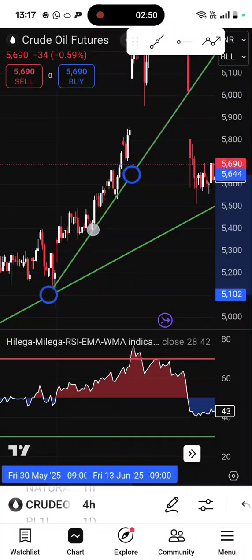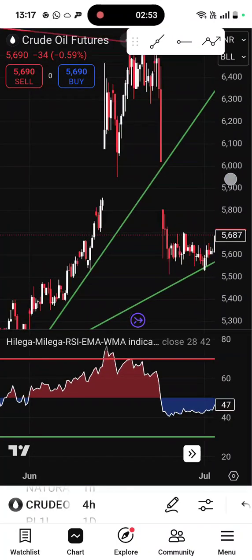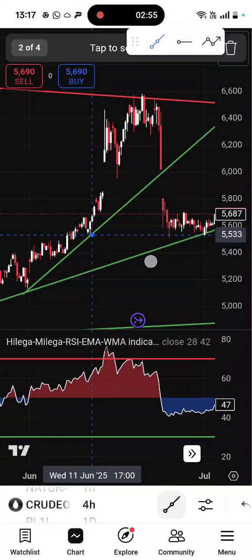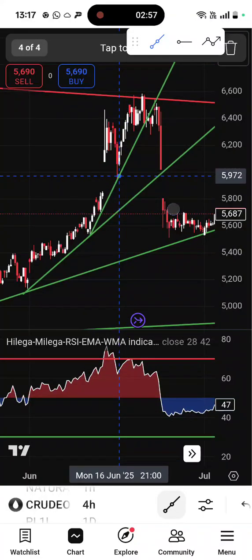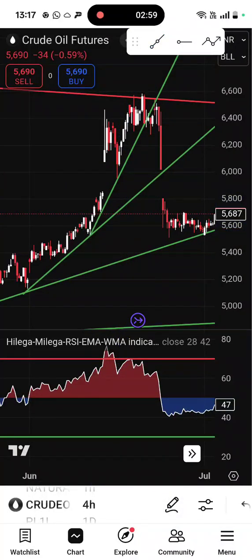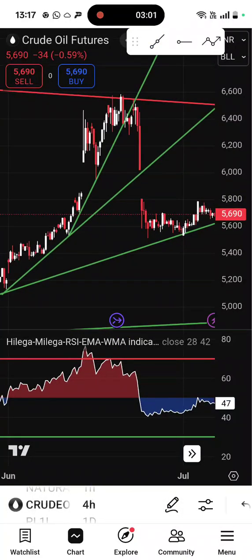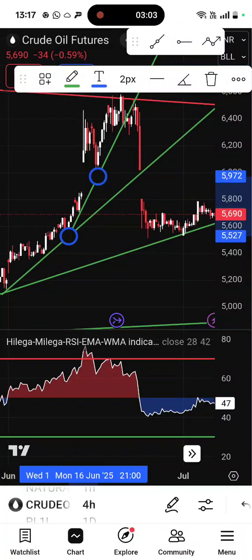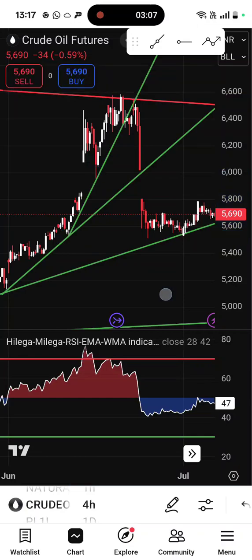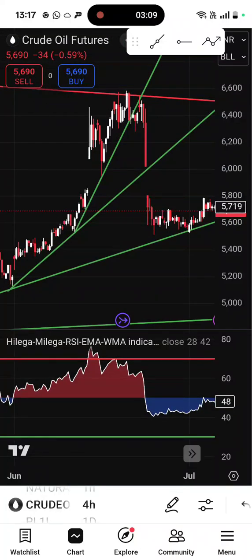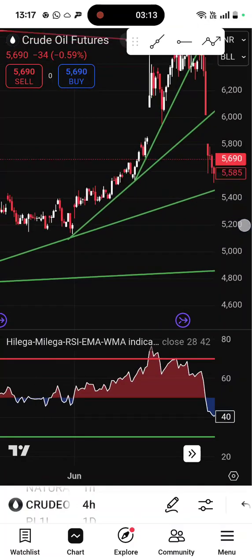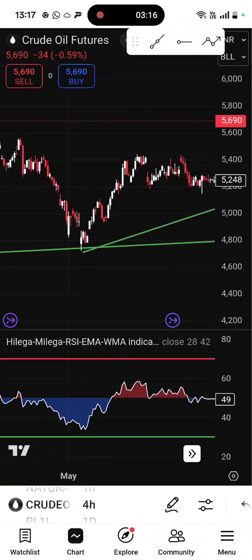So the market is bullish, and if you want to make it more perfect, then go to a steeper trend line. Wait a minute. You can draw one more steeper trend line from there, like this. Wow, beautiful. And once this steeper trend line gets broken by the candle towards the downside, then go for the short trade. And as you can see how big the short is, 1,000 points towards the short side, and the long side is here.